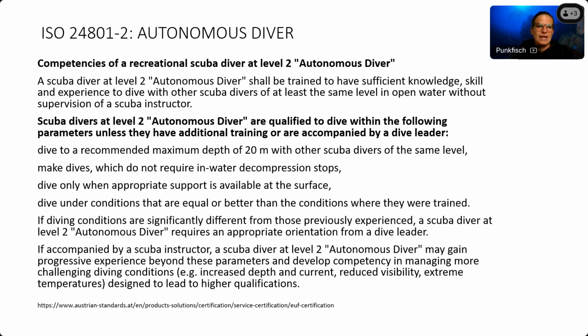And you should be a little bit careful, because you yourself are not yet able to handle real emergencies. We did not train this yet. So you dive under conditions that are equal to or better than the conditions where you were trained